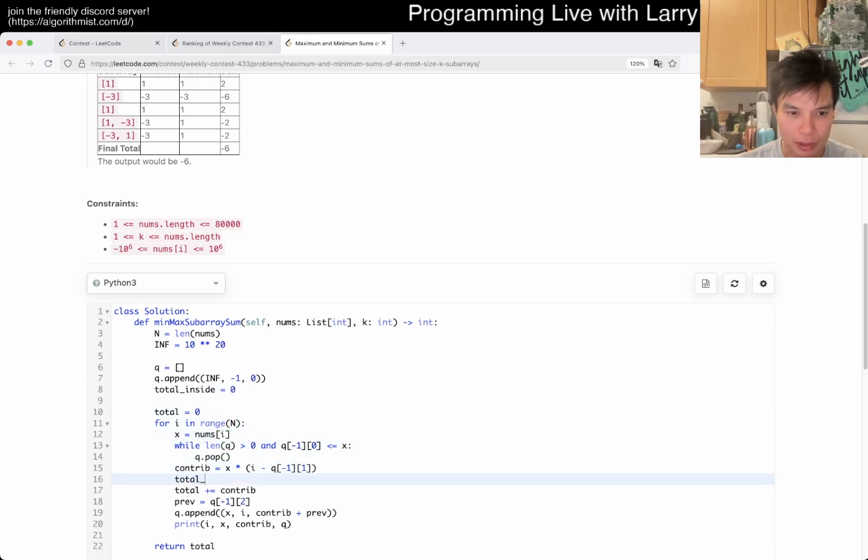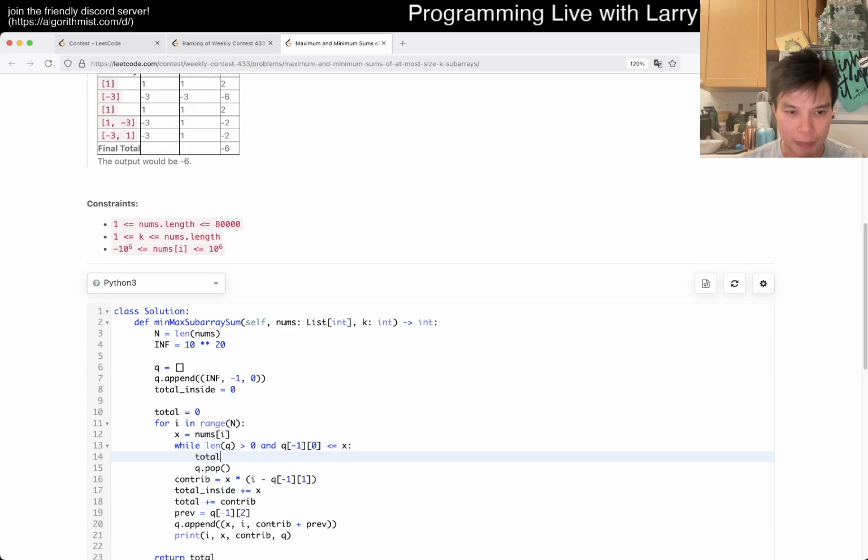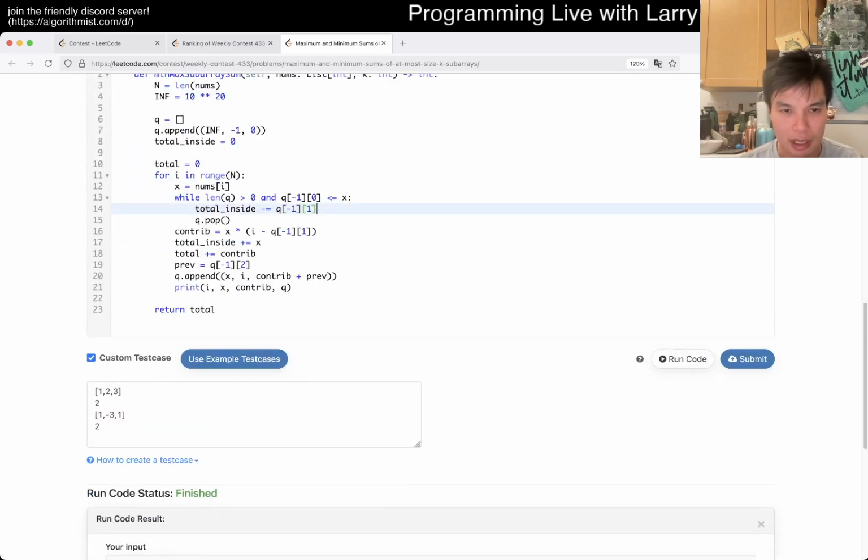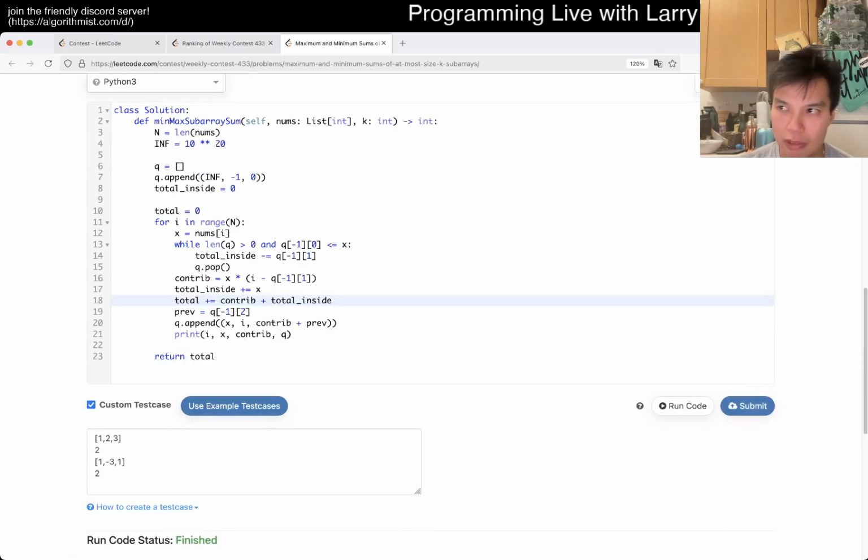So total inside, we want to add that by X. But here, every time we pop, we subtract it by the X that was inside. And then now we have the total sum. So then now the contribution is this plus total inside. Because all those numbers,